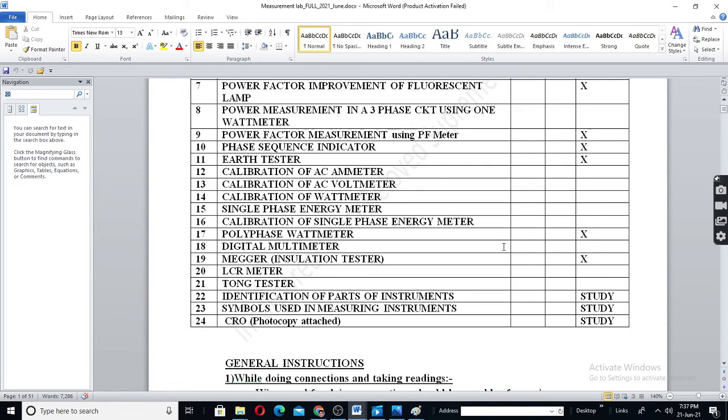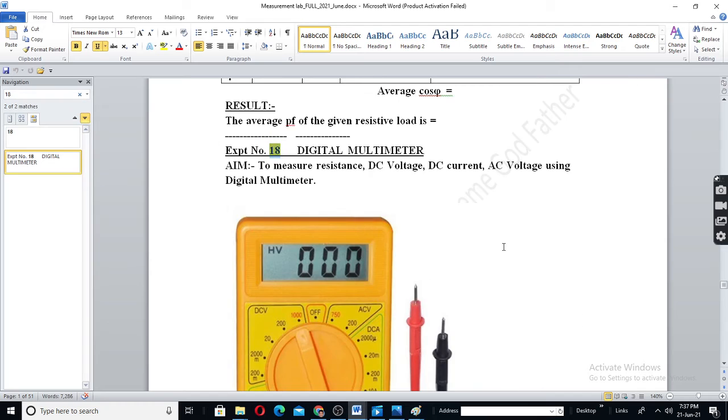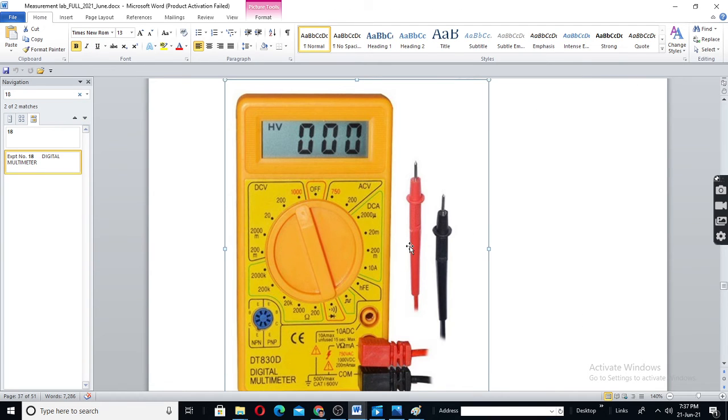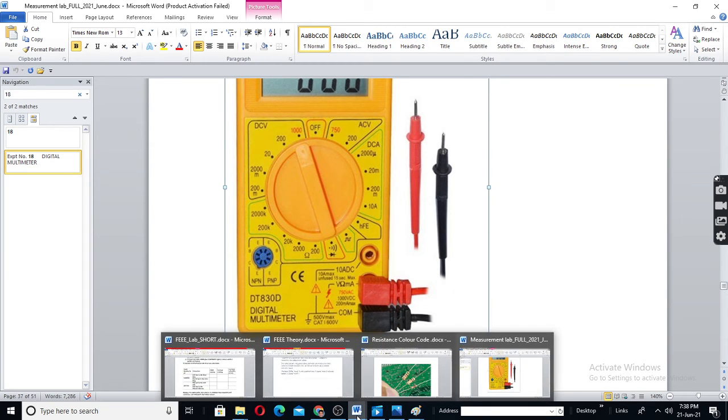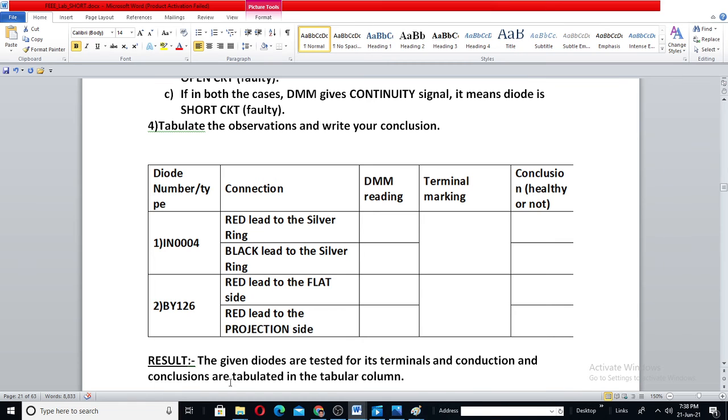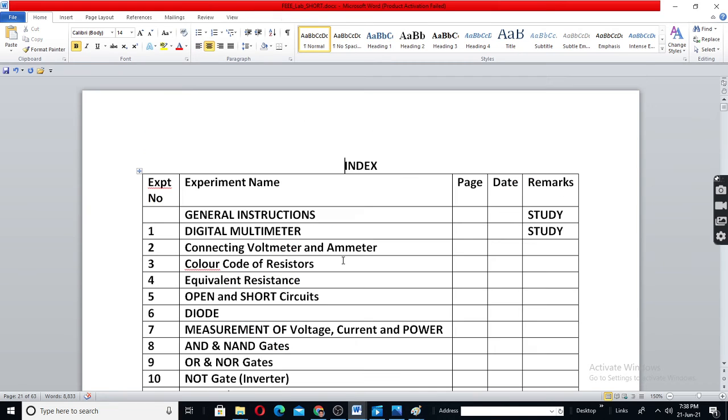So in the multimeter, you keep the range selector to this particular place. Rotate the selector such that this comes to this place.